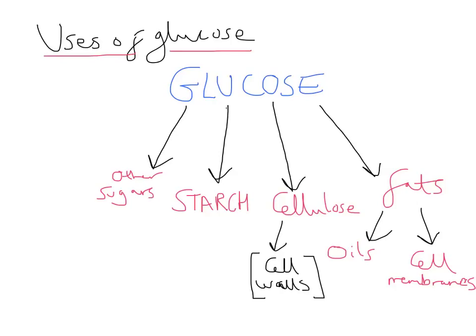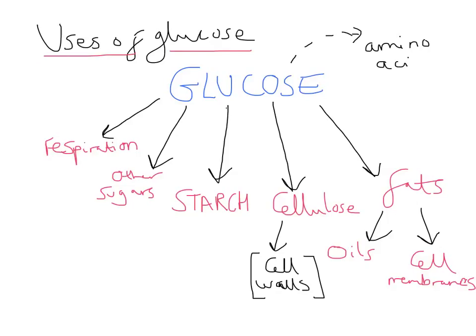So you convert it into sucrose, for example, which will go into making fruits. You could respire some of the glucose. All living organisms need to respire to produce energy. So one of the things that the glucose could be used for is respiration in the plant. Now those are the main uses of glucose, but there is another one that's really important that must get mentioned, and that's the use of glucose to make